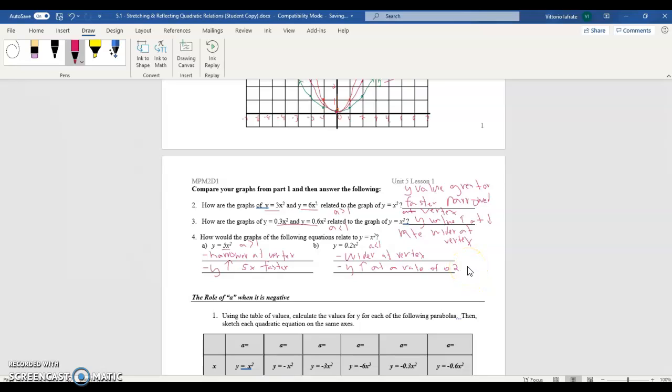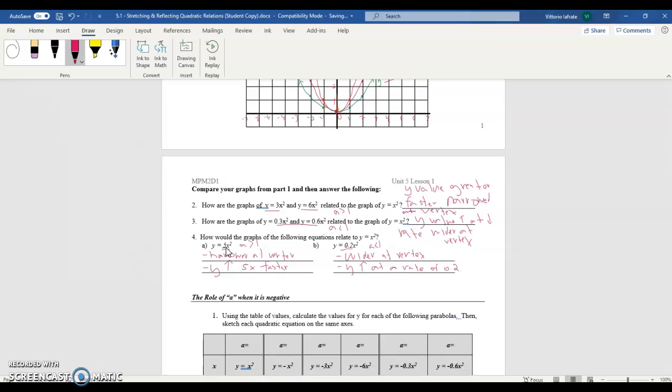So for y is equal to x squared, if x is 1, y is 1. But for y is equal to 0.2x squared, if x is 1, y is 0.2. So it's going up a lot more slowly when we have an a is less than 1. And again, the smaller that a value, the more slowly you're rising, the more wide you are. The larger the a value, the faster you're rising, the more narrow you are, the more stretched out that parabola